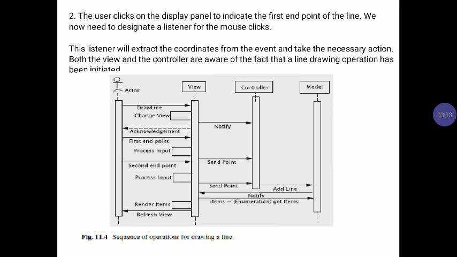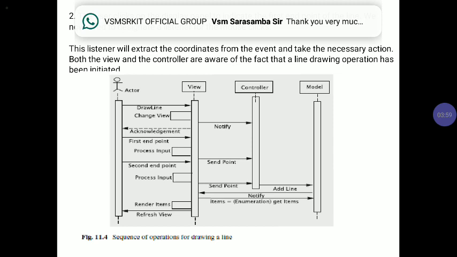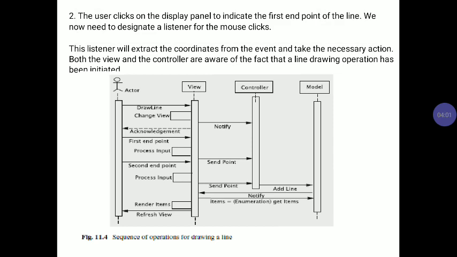After that, the actor or user sends the endpoints. The first endpoint is processed by the view. Then the user sends the second endpoint of the line. Altogether, the view sends it to the controller component.